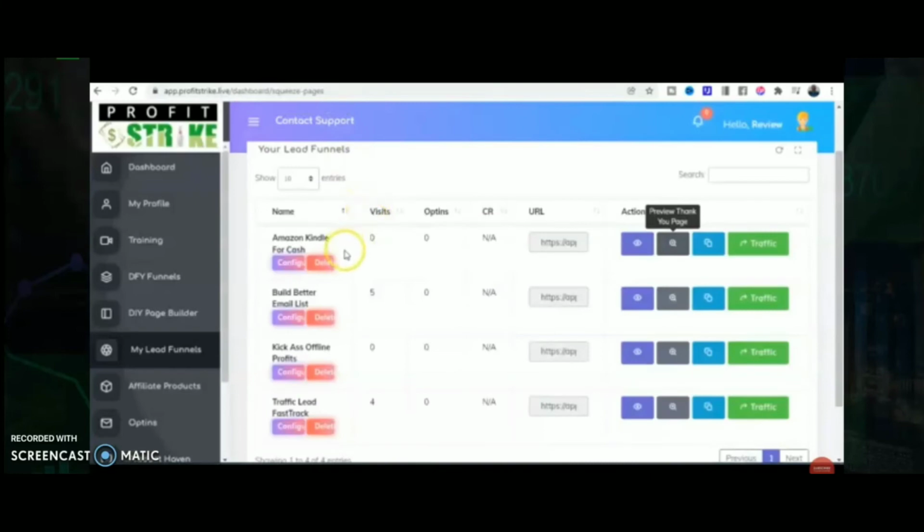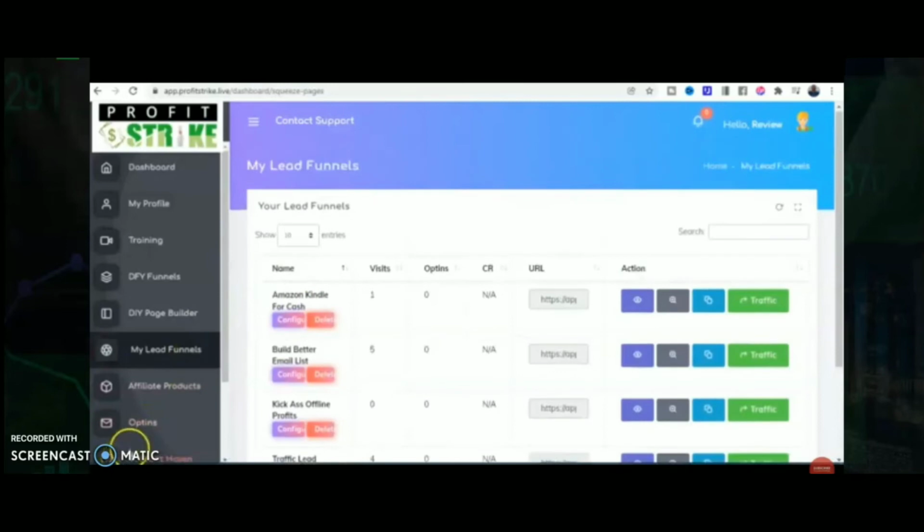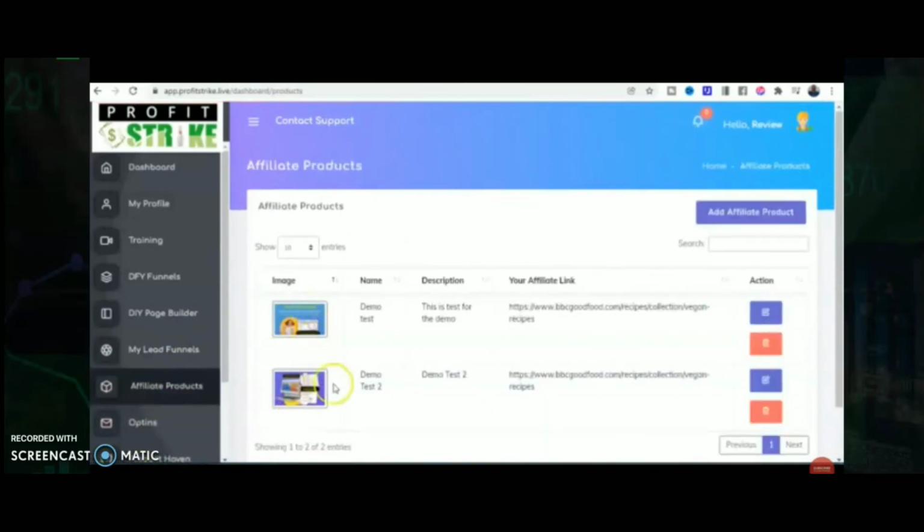And the way to do that is, okay, we go to affiliate products. Now remember, these ones I've already set up, and I'm going to be corresponding this affiliate product with that thank you page. I'm going to be literally slotting that product into that thank you page.